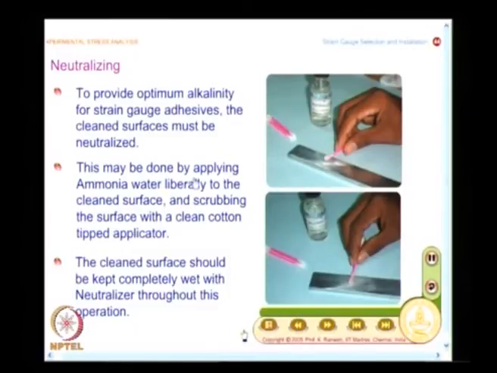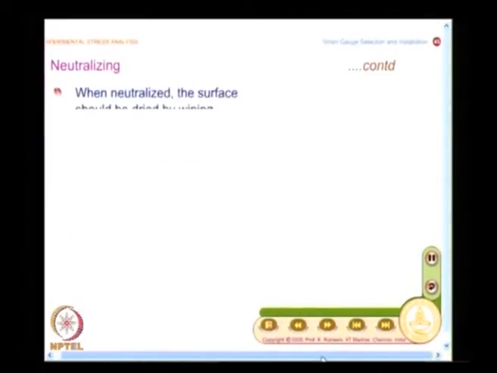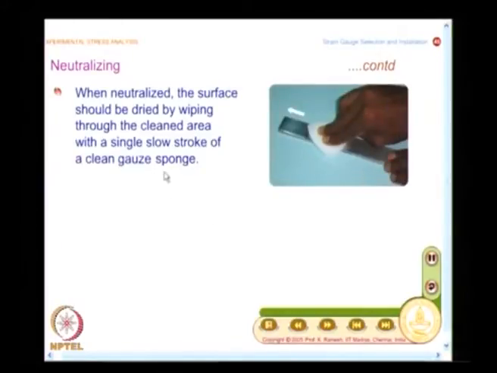This can be done by applying ammonia water liberally to the clean surface, and scrubbing the surface with a clean cotton tipped applicator. That is what you do here. And here again you must keep the surface wet with neutralizer, and as before wipe it dry with a slow stroke of clean gauze sponge.